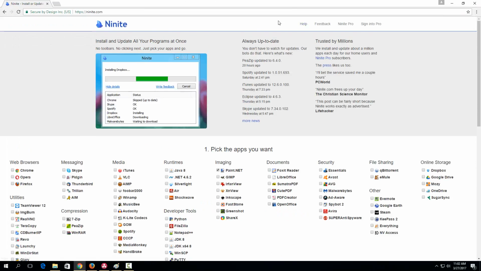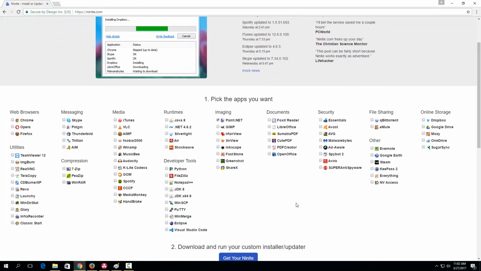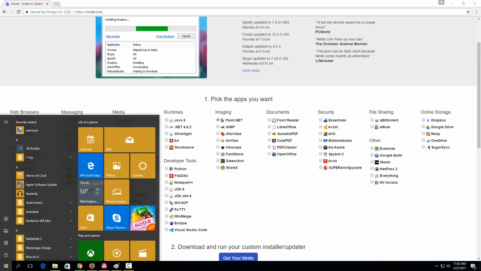So you just need to go to ninite.com, and it's just this option right here that says Paint.net, and then you just hit Get Your Ninite, and it installs it for you. Ninite's this cool website that makes it so you can download all this software for free without worrying about toolbars or any of that stuff. So it just installs and you don't have to worry about anything. So once it's downloaded and installed, just open up the program